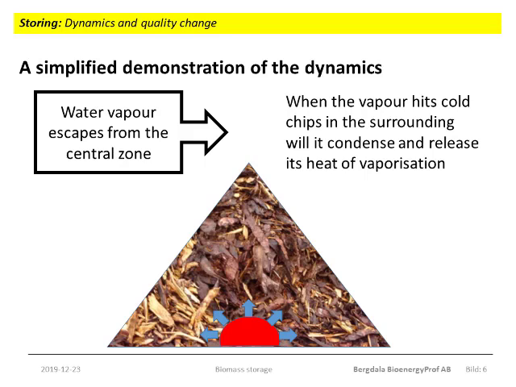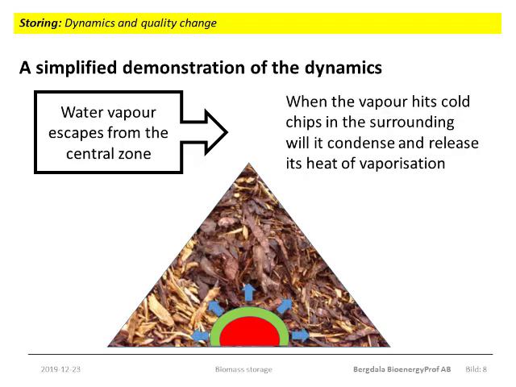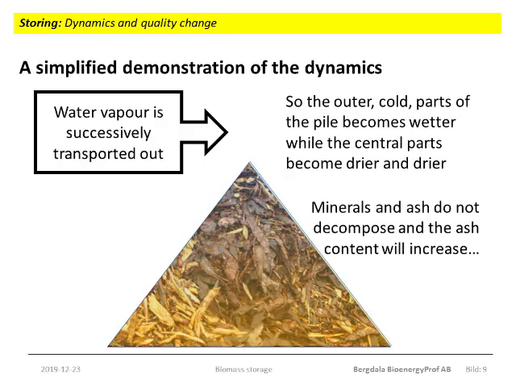And then the water vapor will condense in the border zone between the central warm zone and the outer layers of cold chips. The transport of water vapor and the heat release will now create new and nice conditions for new microorganisms. And this process continues until what was originally a pile of more or less homogeneous quality has become more or less a binary pile where the central parts may be as dry as less than 30% moisture, and